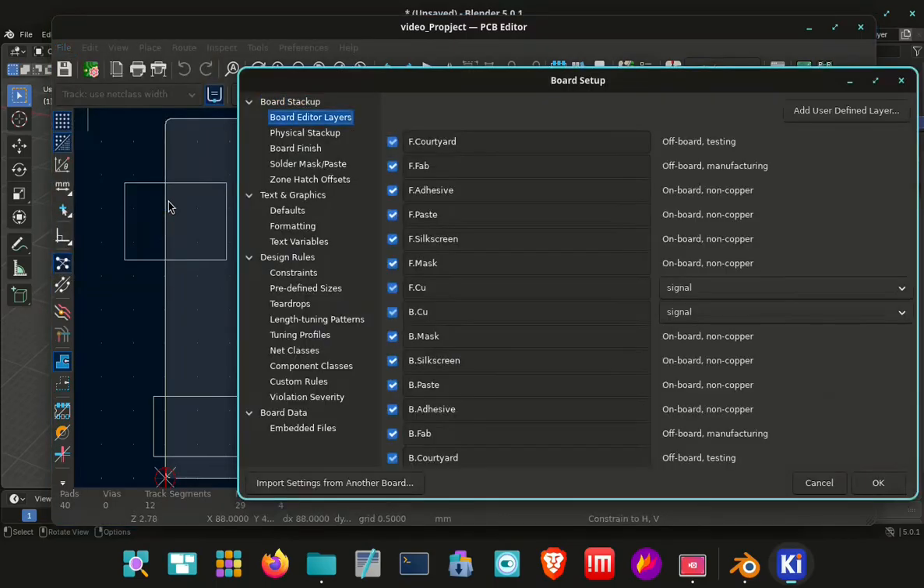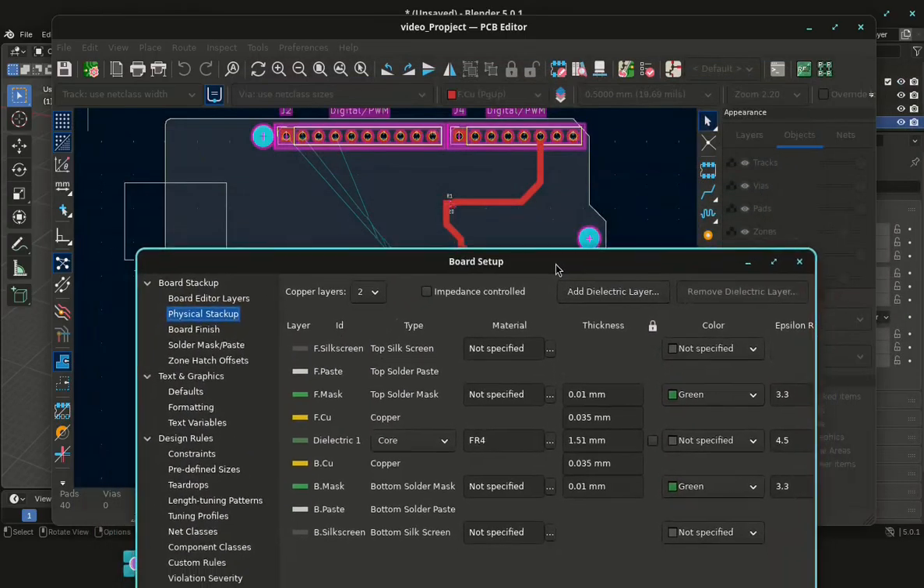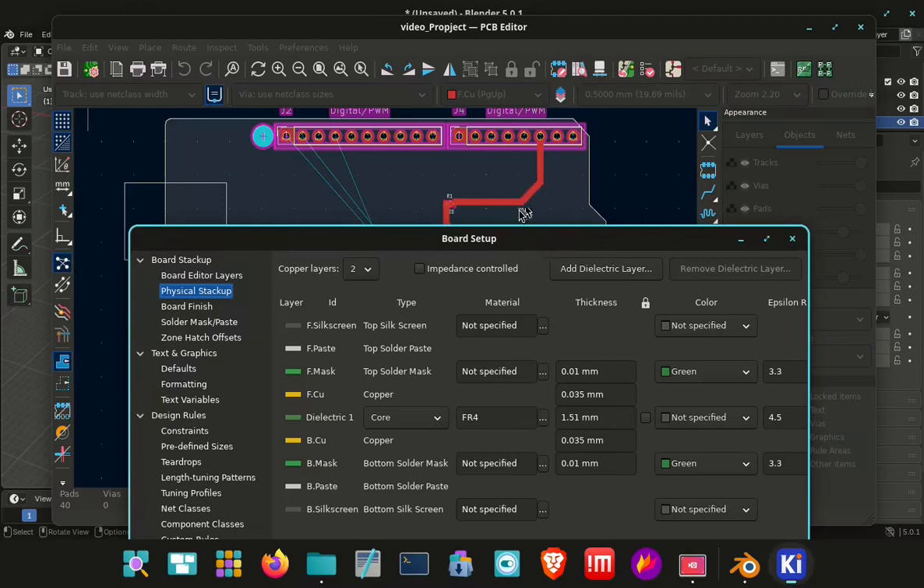board setup, physical stack up. Now do you remember I said you need to know which face you are printing on, whether it's front face or the back face? So these were red, so it's the front face, so front copper. And sure enough, it has reset it to 0.035mm,